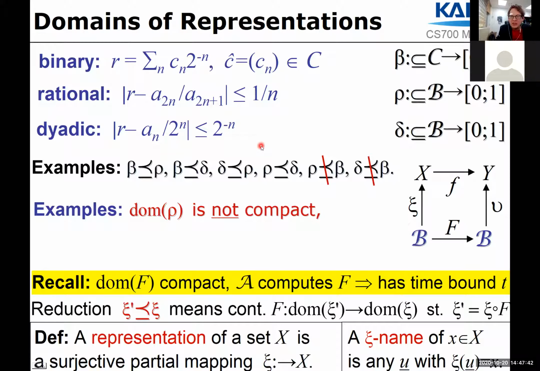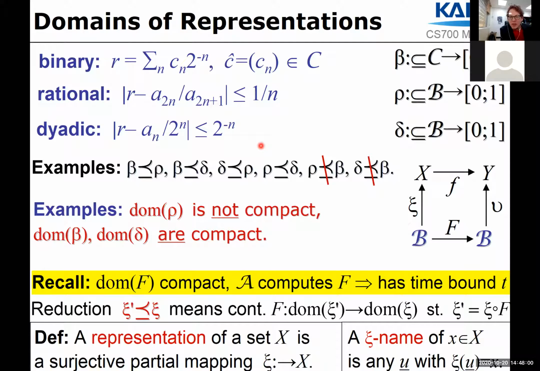The next successor can have only integers from 0 to 2 to the n plus 1 because it's a successor. And this is the idea of the proof that the domain of the dyadic representation is indeed a compact